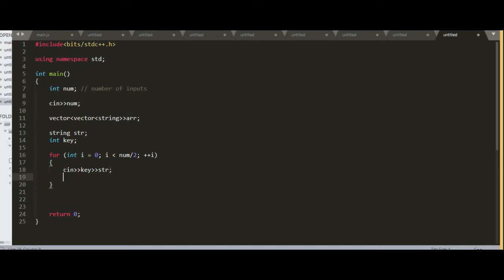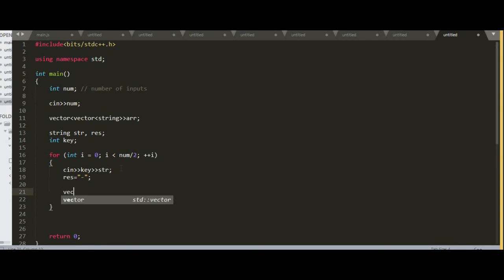However, as the question suggests, we need to insert a dash instead of the given string for the first half. So what we can do is we take another string, let's say raise, and initialize raise with a simple dash.